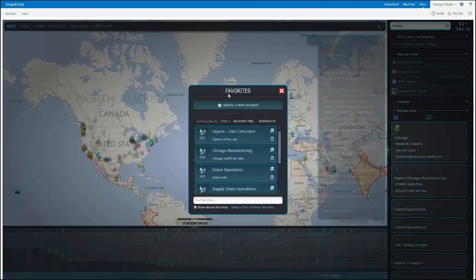Basically, what a favorite does is it remembers our current view and all the view settings associated. So what is the alert panel showing, what's showing on the feed control panel, whether the timeline is on or not, the map style, is it road, is it hybrid, is it aerial, the grid lines or scales, how far we're zoomed, the actual location or center point of the map, the day-night shadow, all of these things we've just looked at. And this has been enhanced in Visual Command Center 3